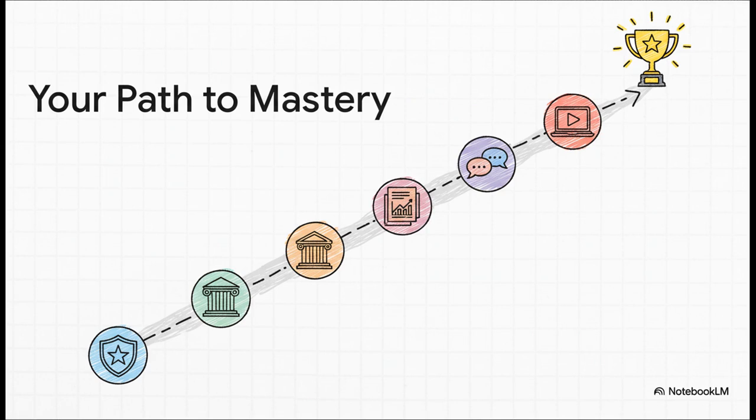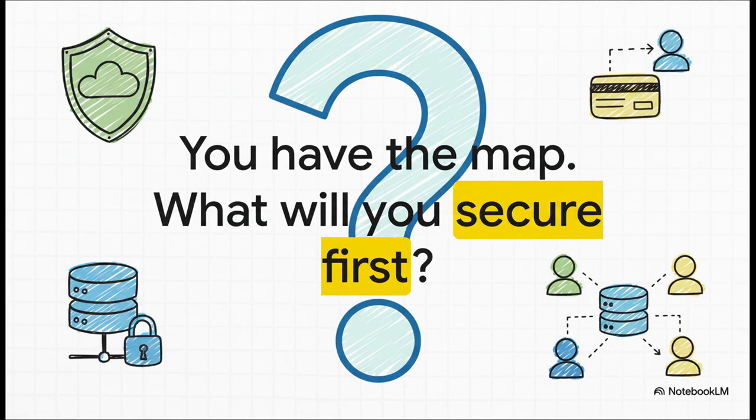And hey, your journey to mastery definitely doesn't end here. You can dive deep into the official IAM best practices, study the security pillar of the Well-Architected Framework for more high-level strategy, or just get your hands dirty with some hands-on tutorials. The path you take from here is totally up to you. So, there you have it, a complete roadmap from the basic building blocks of identity all the way to the advanced practices of a real security pro. You now have the map to mastering AWS security. The only question left is, what are you going to secure first?